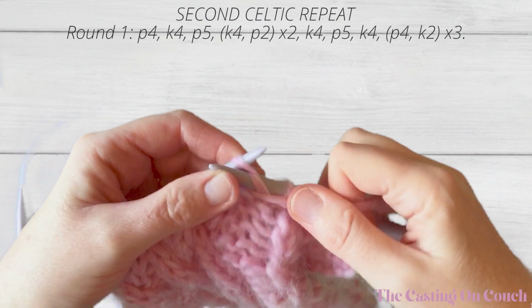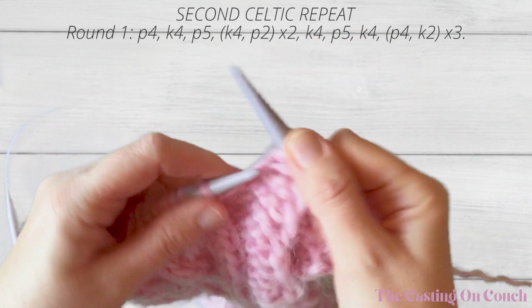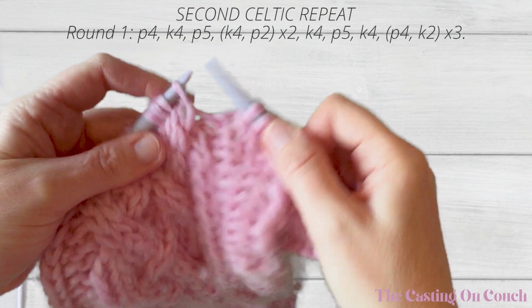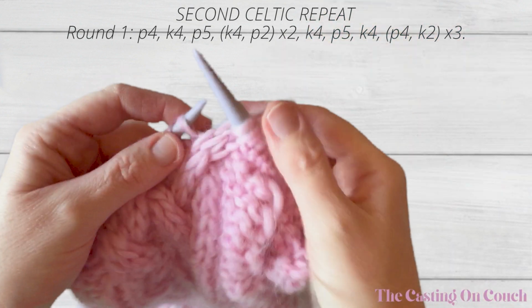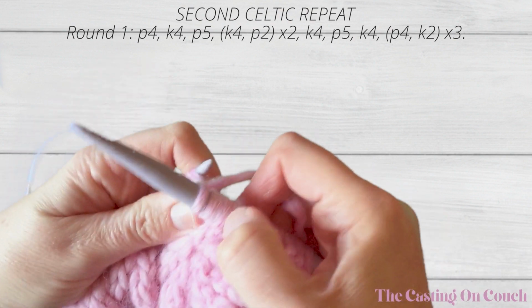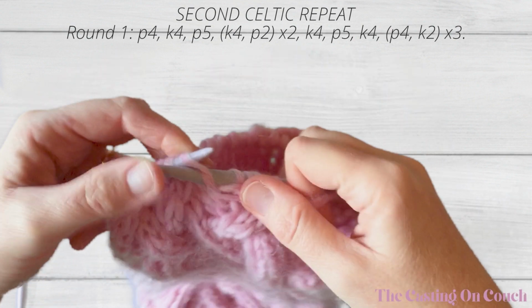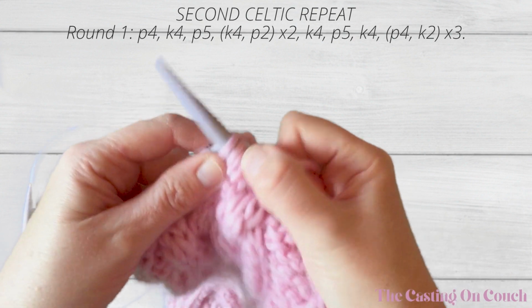1, 2, 3, 4, 5, and next knit 4, 1, 2, 3, 4, and then we've got 2 purl stitches, 1, 2, and then we knit 4 again,